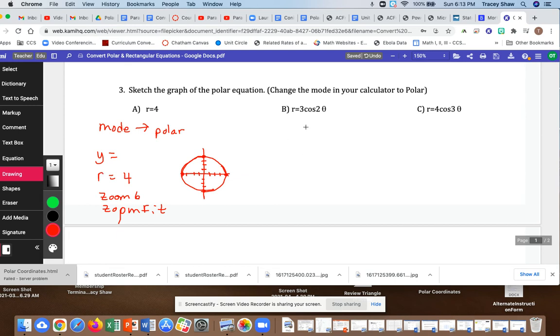All right, so we're going to try this one. I actually want you to find a correlation between if the angle is double, or let me put it a different way. If the angle is like an even angle, and an even angle would mean 2 theta, 4 theta, 6 theta, and if the angle is an odd, 3 theta, 5 theta, 7 theta. Again, I want you to type this in. Make sure your mode is in polar, and you all can help each other out with this. If you type 3 cosine of 2 theta,